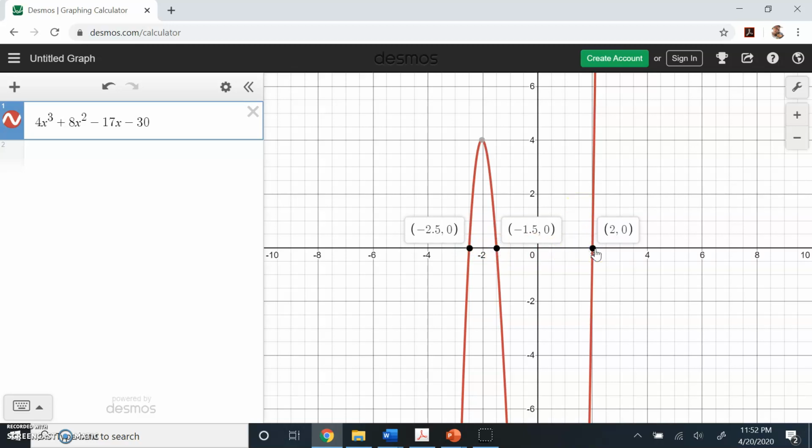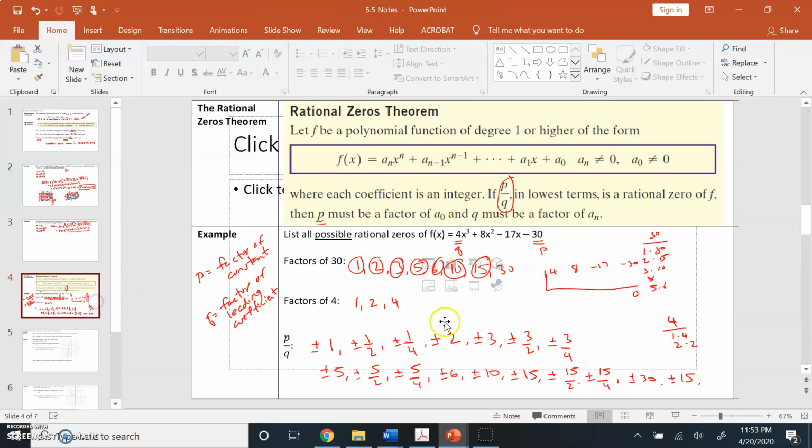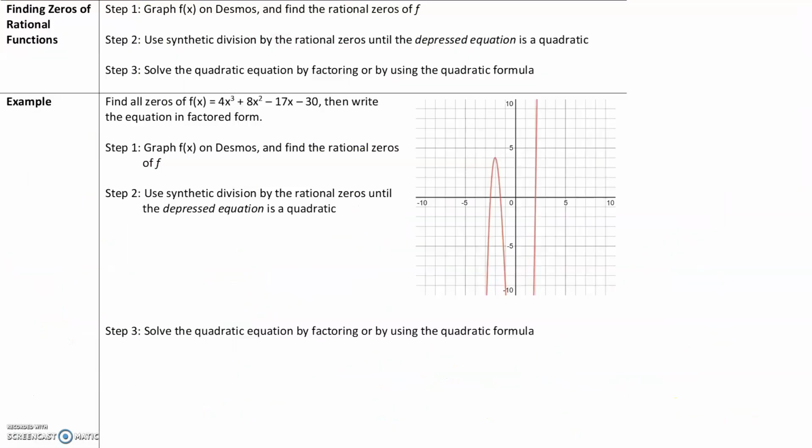Okay, so now let's go with the zeros that are like whole numbers. So for example, 2 is a 0. Since 2 is a 0, we know that of this list that we made of all the possible zeros, instead of testing all these out one by one, the graph tells us that 2 is going to be a 0. So now that we know that 2 is a 0, which is right there,